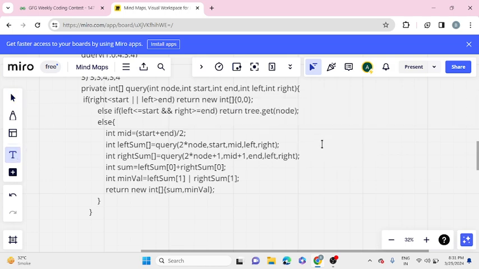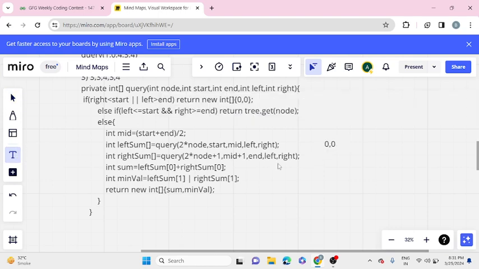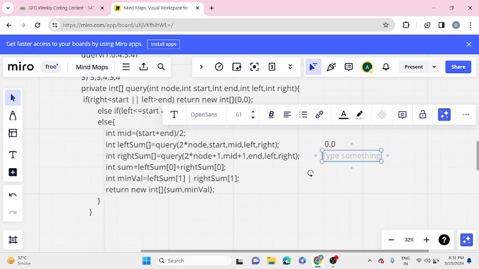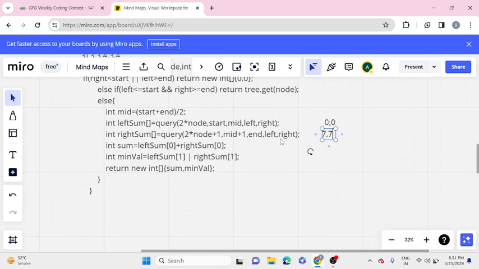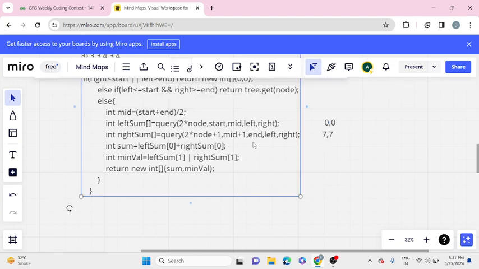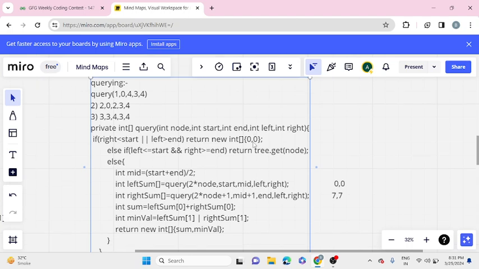This will return 0 comma 0, and this will return 7 comma 7. Okay. So our sum will be 7, and our min value will be 7 or 7, which is 7, and hence we will return 0 comma 7. So for 3 comma 4, we are returning 0 comma 7